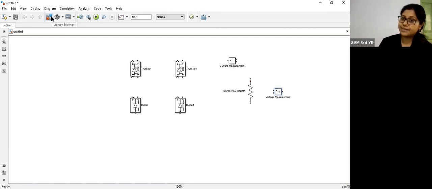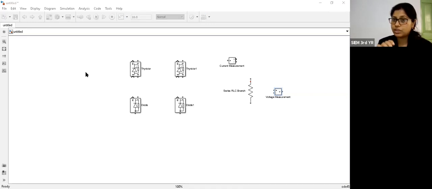we know that there are various procedures for turning on our power electronics switches, but among them, a very popular technique, which is now implemented in recent circuit elements also, is gate triggering. That means we have to generate a pulse signal. We have to put the pulse signal in the gate terminal of the thyristor or the SCR, and then with the help of that particular pulse, our thyristor or the SCR will turn on.